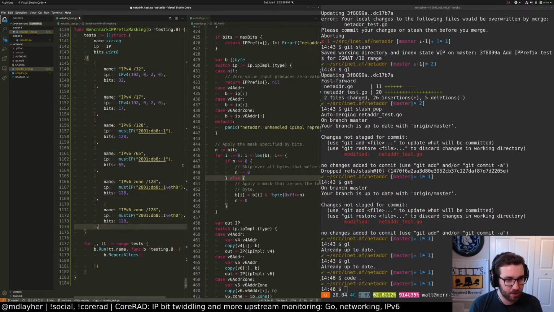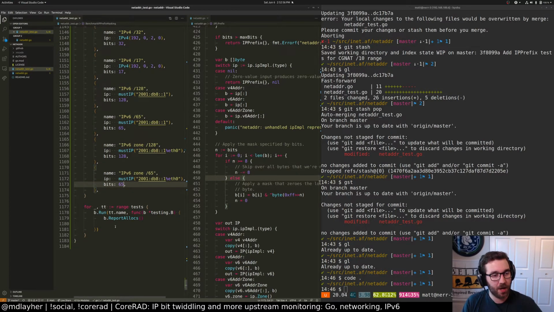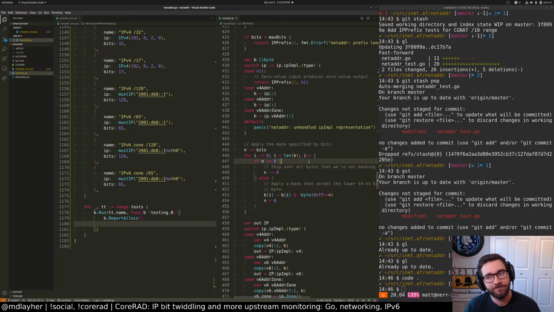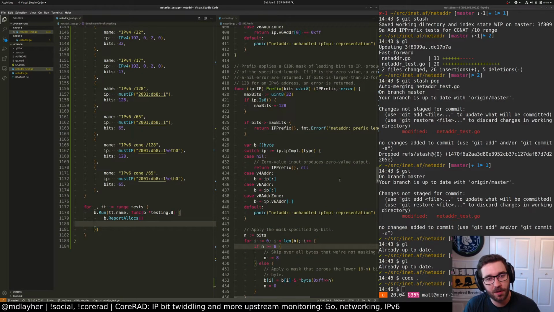So, 65. Okay. We want to report the allocations. So is this going to be one of those weird situations where we need to, like the Dave Cheney thing, write the output to an unexported variable at the package level? Do we need to do that? I guess I don't know. So that way the compiler can't optimize it away. Frankly, I'm not really sure. I guess if it reports very few nanoseconds, we'll probably know it's doing that.